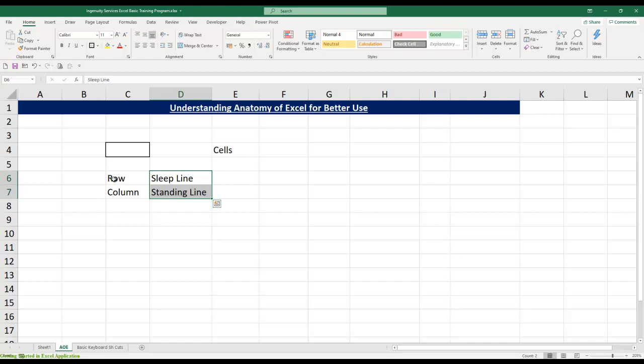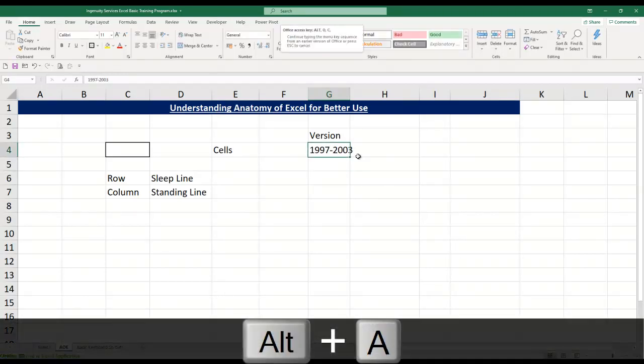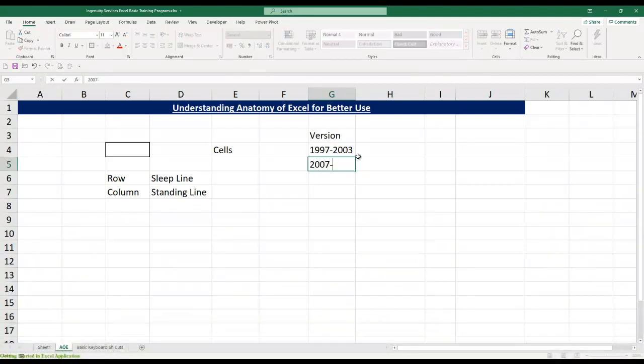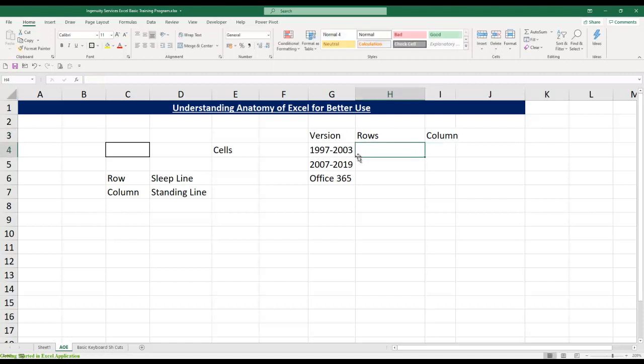So let's see the versions that we are about to add into our list. I'm going to go back to the versions, and I'm either going to take 1997 to 2003. All these versions had a similar number of rows and columns. If it is 2010 to 2019 for Office 365, all the rows and columns are similar. Now, the rows and columns that we have between 97 to 2003 were